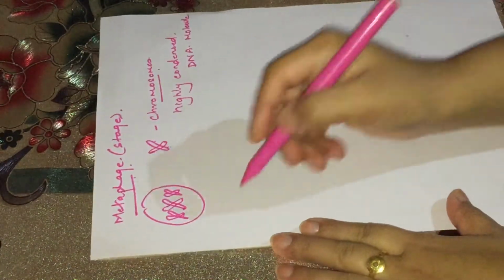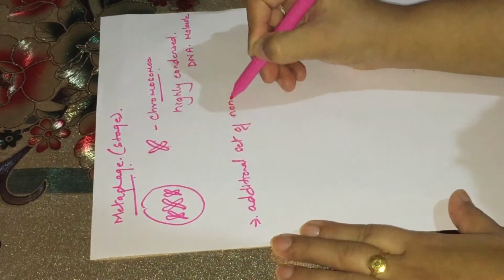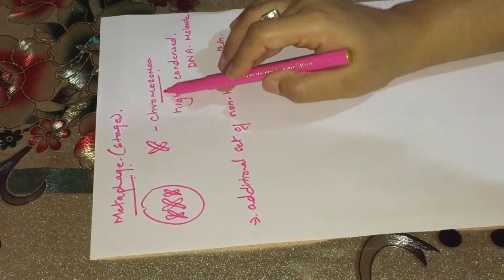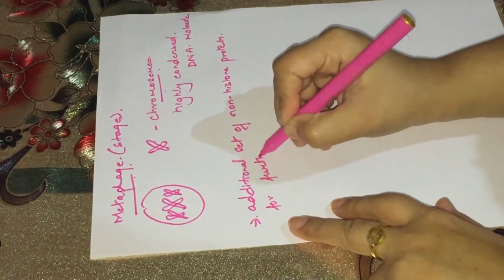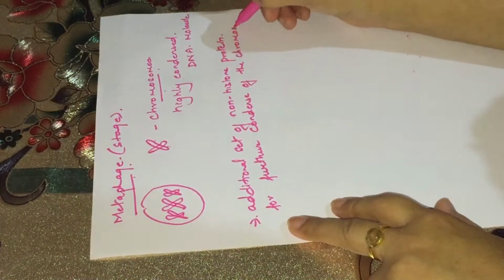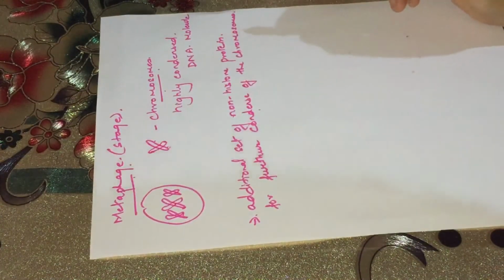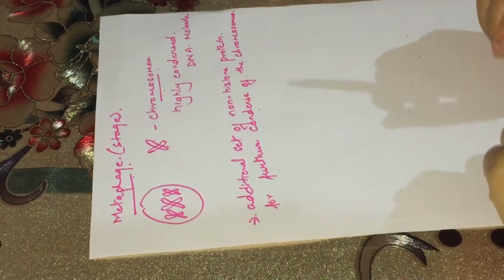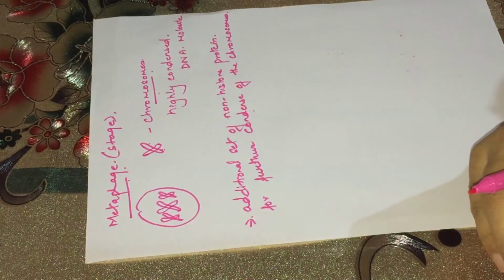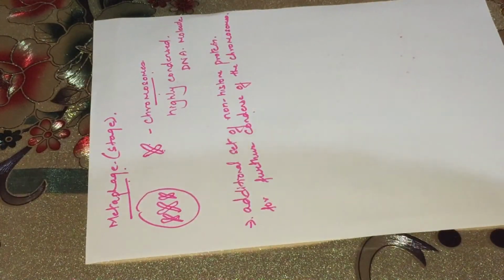Additional non-histone proteins are required for further condensation of the chromosome structure in some of the higher organisms or higher species. So when this chromatin is observed,